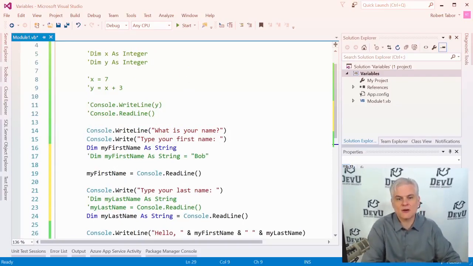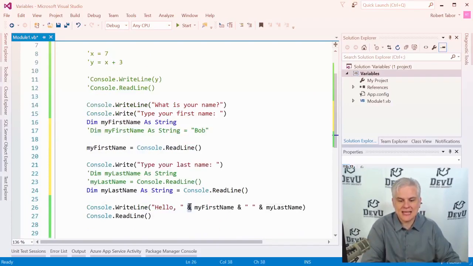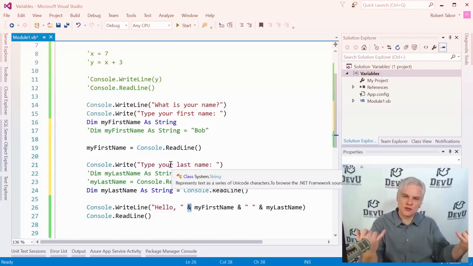We looked at the arithmetic operator. I didn't really talk about it, but basically we were just going to use the plus sign in order to add values together, just like we would do in any math problem. And we also looked at the ampersand, which is the string concatenation character in order to append two